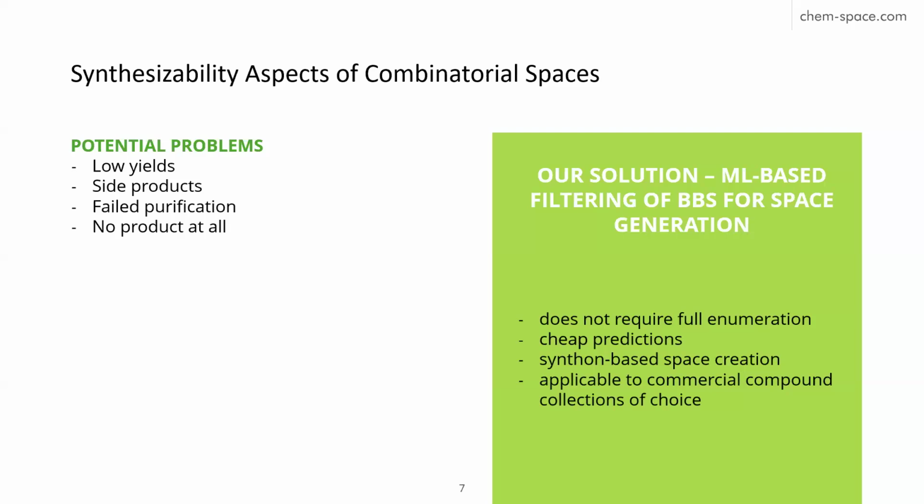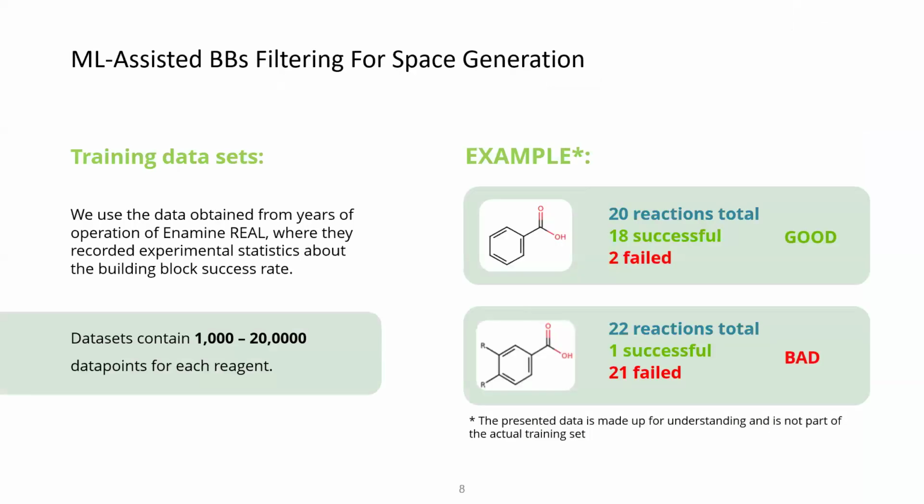And you can also apply these models to an external collection of choice. So for example, if some new building blocks come out and your model is able to generalize to those, then you can use them to update the space as new collections become available, and it doesn't cost you additional resources. When we came up with that idea, we came to Enamine and asked if they could provide us with